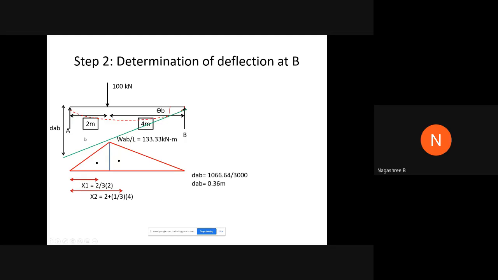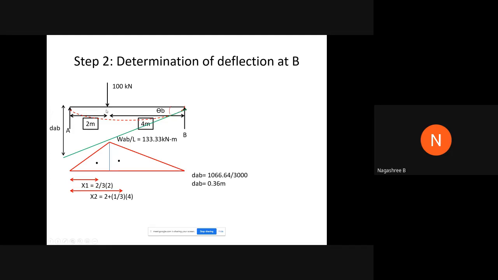Okay, so if I draw the tangent over any one of the lines, here I have drawn it over B. The distance from A to that tangent drawn from B is called DAB. DAB represents the deflection of the beam with reference to the initial position, the distance between the initial position of the beam and the deflected position. So DAB is called the deviation of A with reference to B.